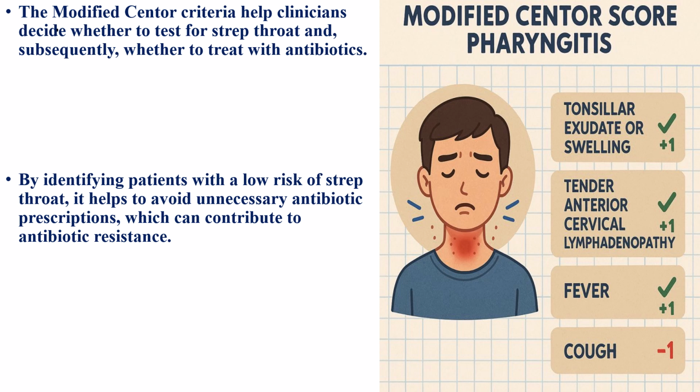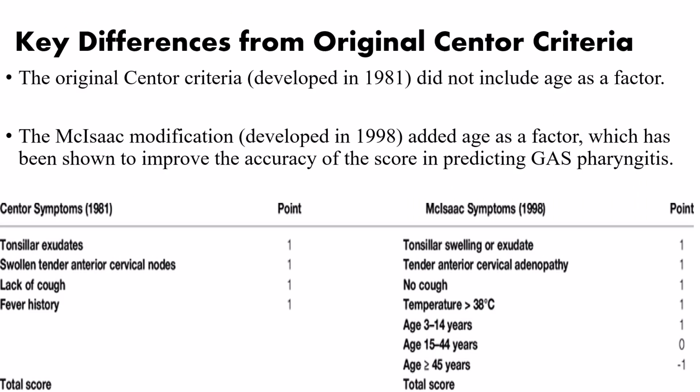The modified Centor criteria help clinicians decide whether to test for strep throat and subsequently whether to treat with antibiotics. By identifying patients with a low risk of strep throat, it helps to avoid unnecessary antibiotic prescriptions, which can contribute to antibiotic resistance. The key difference between the original Centor score and the modified Centor criteria is this: the original Centor criteria,